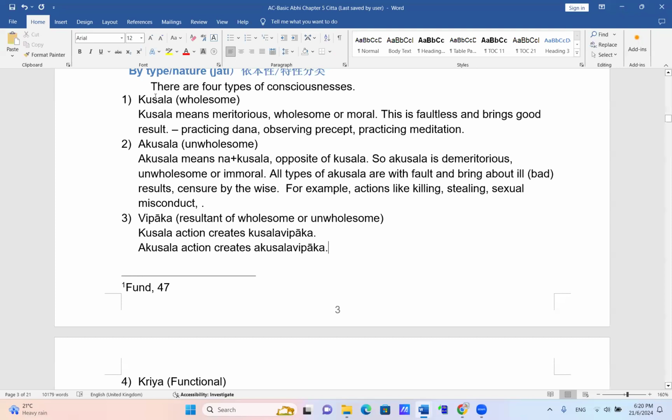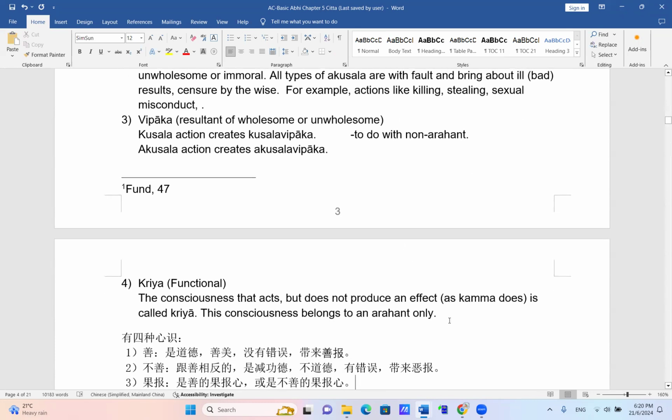Okay. So this means that kusala will give vipaka. Akusala will give vipaka. So these two, kusala and akusala, as mentioned just now, all have to do with non-arahants, all right? Not an arahant. Okay. And for those,